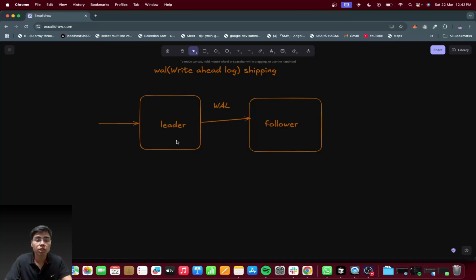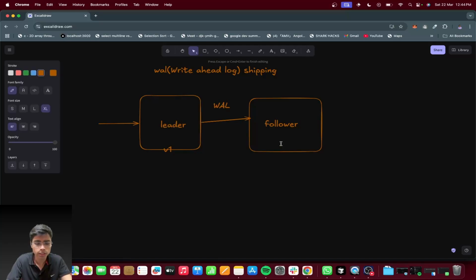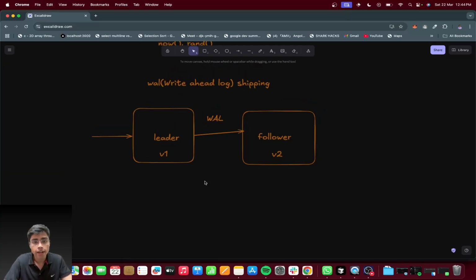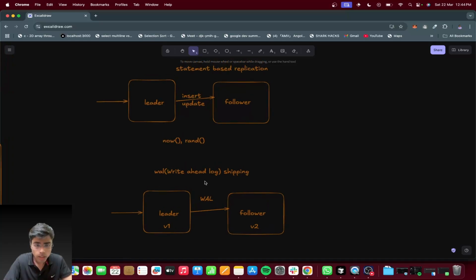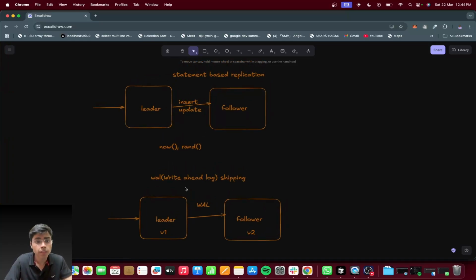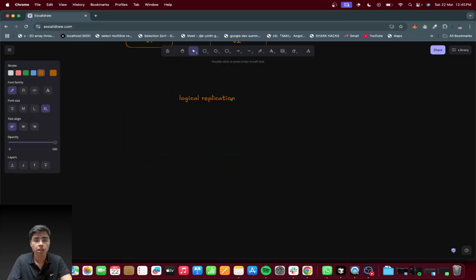Also, suppose there is a version mismatch among your nodes, like your leader node is on version 1 and your follower node is on version 2. In this case your byte sequence representations can change, so WAL shipping will not work in this case either. This is followed by Postgres, and so we have successfully understood two types of replication: one with the high level representation of replication and one with the low level representation of replication. Now we will move into logical replication, which is also called